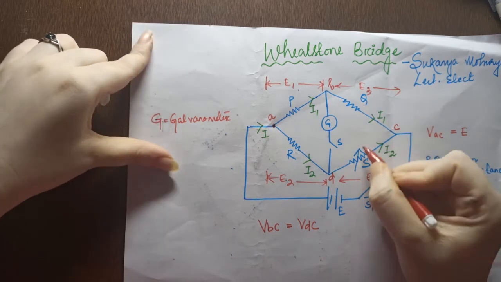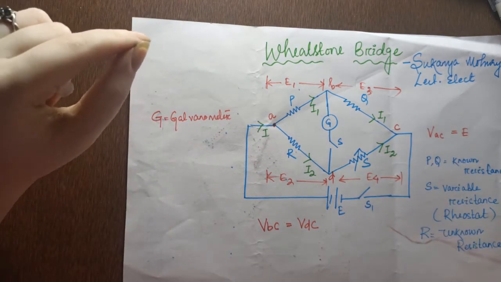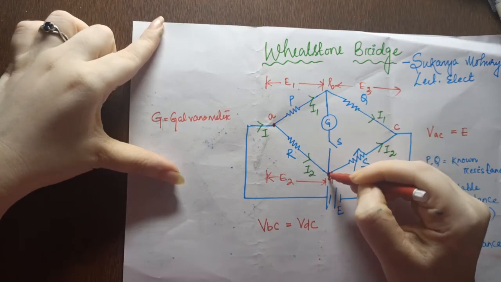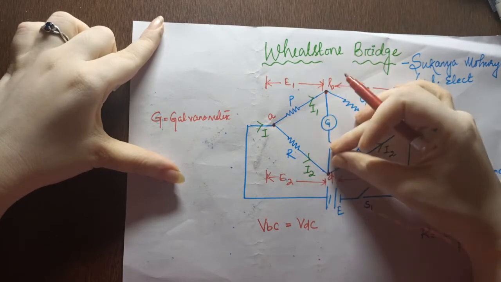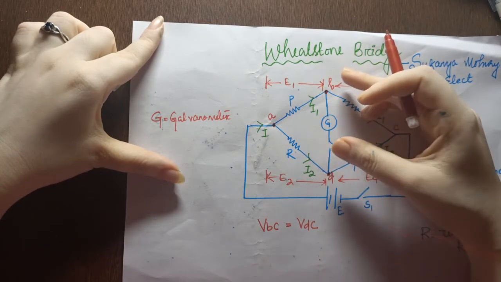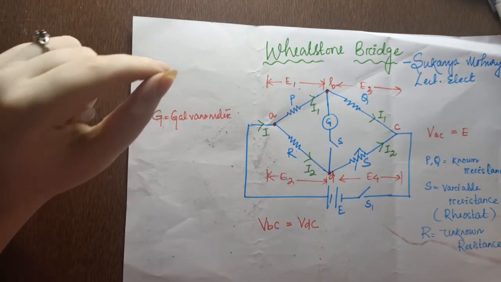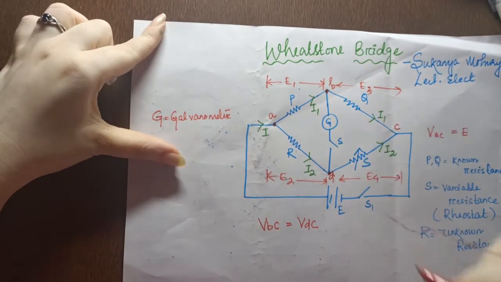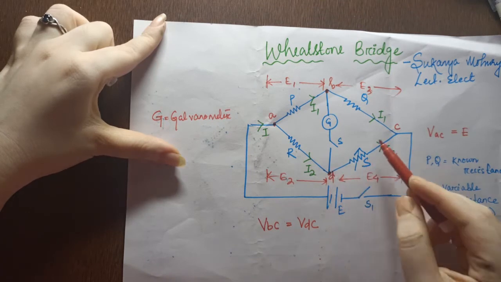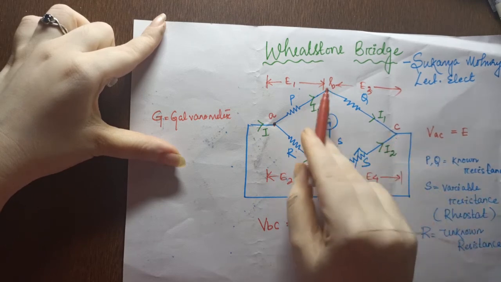Okay, since this side we have the unknown or you can say variable resistor, the I2 current is varied in such a way that the potential of D and B becomes equal. When this potential difference is zero, it means no current will flow. You know that whenever there is no potential difference, there is no flow of electrons. So your target is to make this potential zero. Potential difference can only be zero when VCD is equal to VBC.